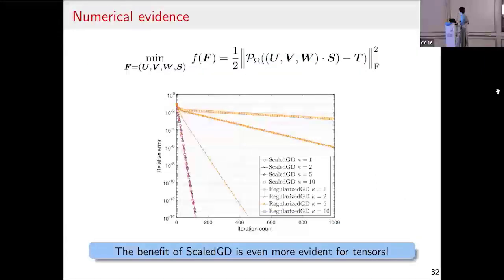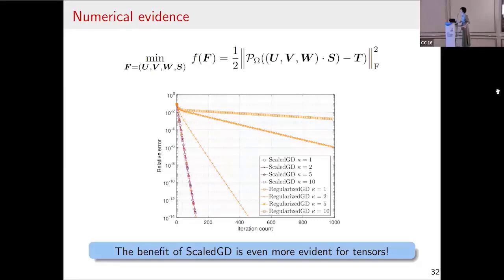Now, if you look at the performance, this is very similar to the one we've seen for the matrix case, where the convergence rate of our ScaledGD algorithm is very fast. Well, if you run the regularized vanilla GD algorithm from the previous paper by Willard et al. for this completion problem, even though they don't show a guarantee for completion, this algorithm also suffers from performance degeneration